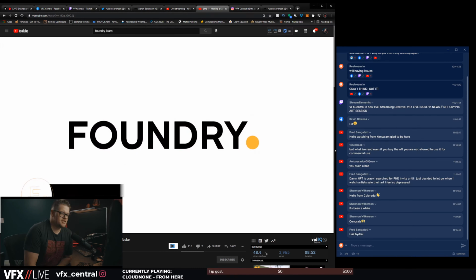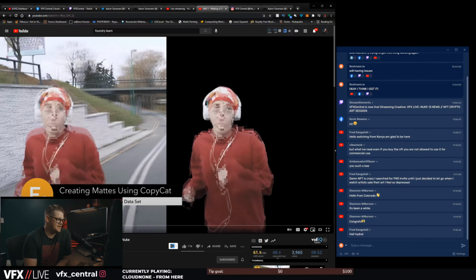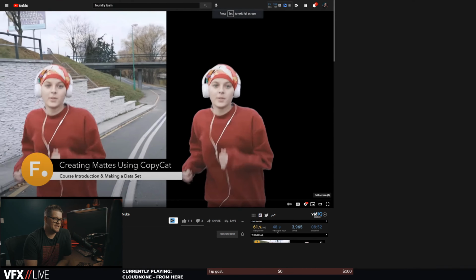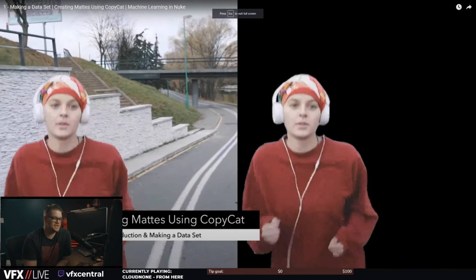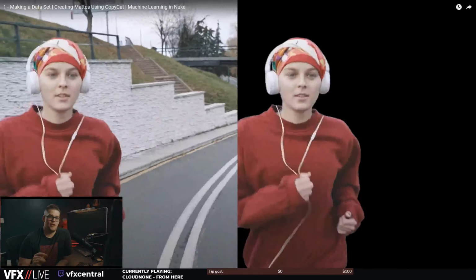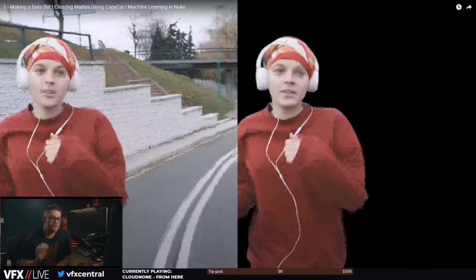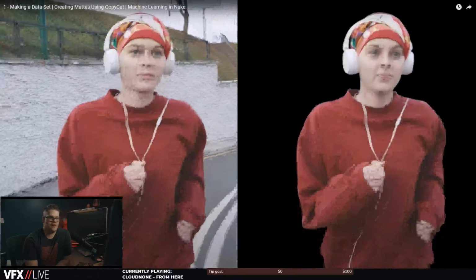So this is the artist. She painted, I think, like 6 frames. She painted 6 frames of roto, ran this algorithm, and this is what it's doing. So rotoing, I mean, it's gonna be way faster. You just gotta have like 6 really good frames of roto, and it was able to pull that off, which